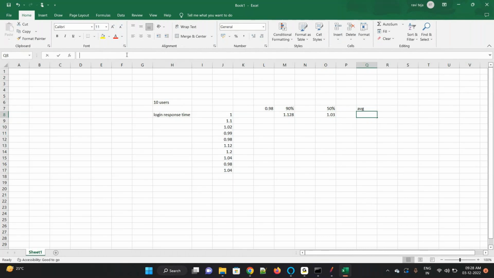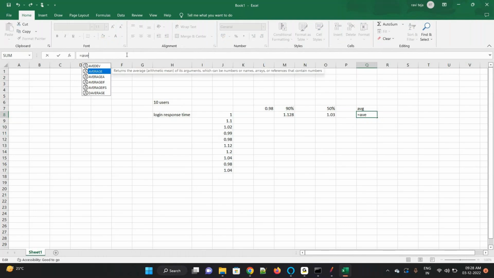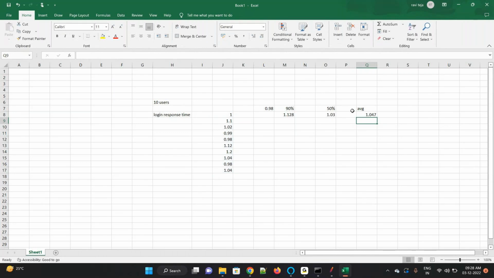For full, last to last, the average. So 1.04. Your average, your 50% or 90%, if all are near, then you have very good performance results. But if you see your 50% is low,